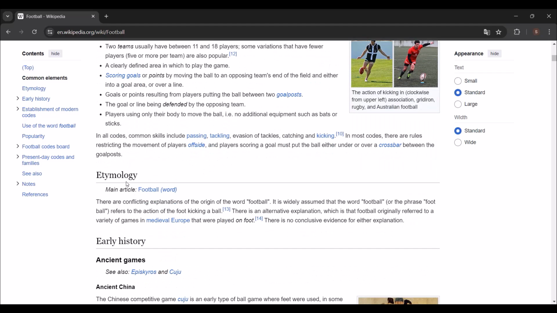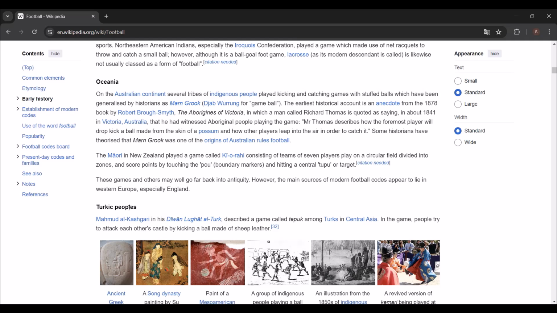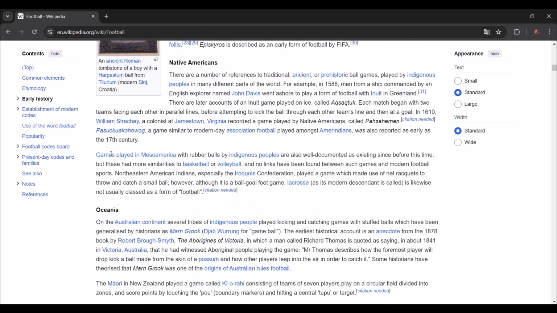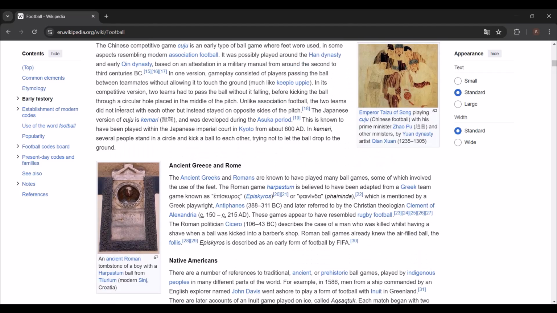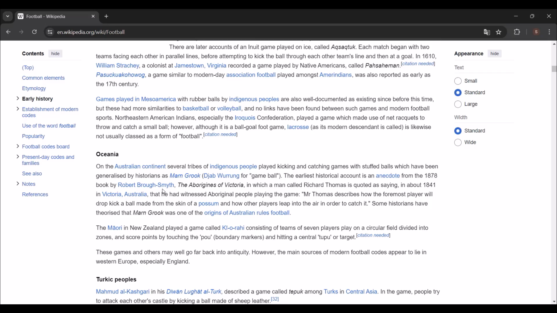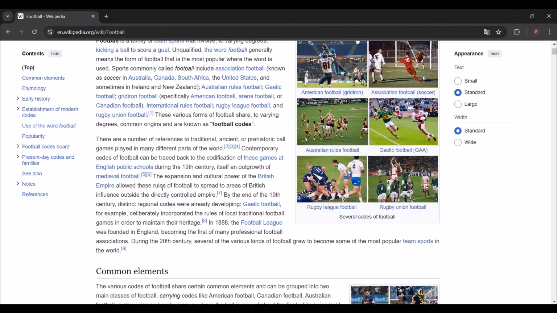And if you go down, you also have another H2, and under the H2 heading here, we have an H3 heading, and under the H3 heading, we have an H4 heading, and so on. And here we have an H5 heading, which is a subheading of the ancient China heading. So the data is being organized here using headings.